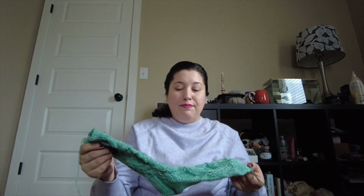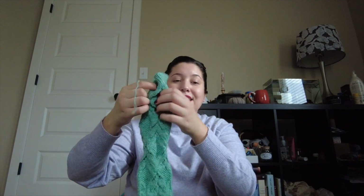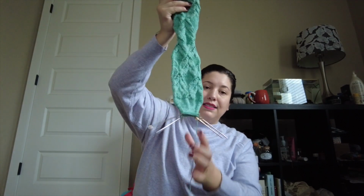So yeah, I had to do that. That worked out though. I think we're good. I think it's exactly the right length now. It looks a little weird because it's unblocked, but I think it's exactly the right length now. And once I stitch these two together, I can get this first sock off the needles at least, start on